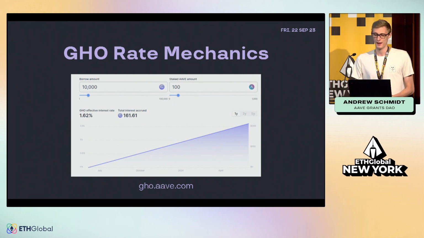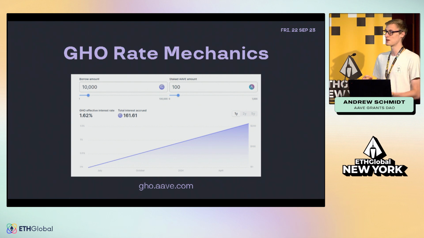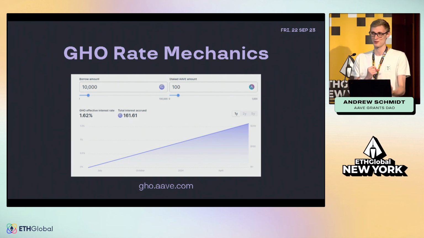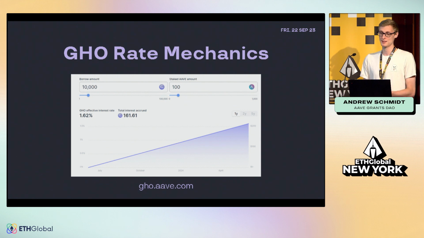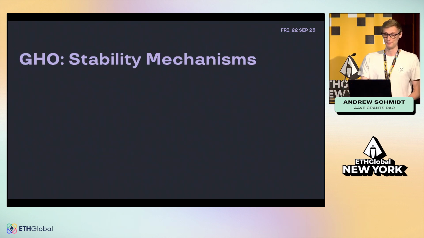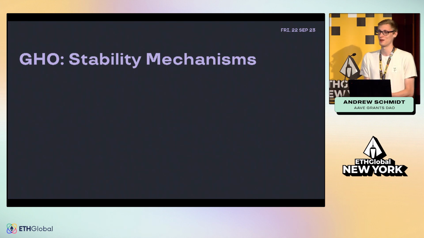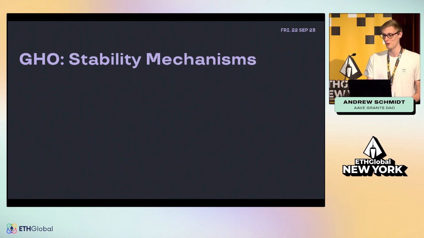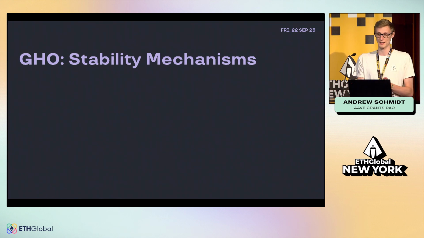And this is really powerful because if you think back to the regular Aave interest rate model, essentially your borrow rate is dependent on the actions of other users. Whereas with Go, as long as the parameters are fixed by Aave governance, it provides a level of predictability, which you just really don't have in a lot of other different types of assets within the Aave protocol or in DeFi in general. And now we'll talk about something which is definitely a hot topic for Go, and that is the mechanisms of maintaining stability.